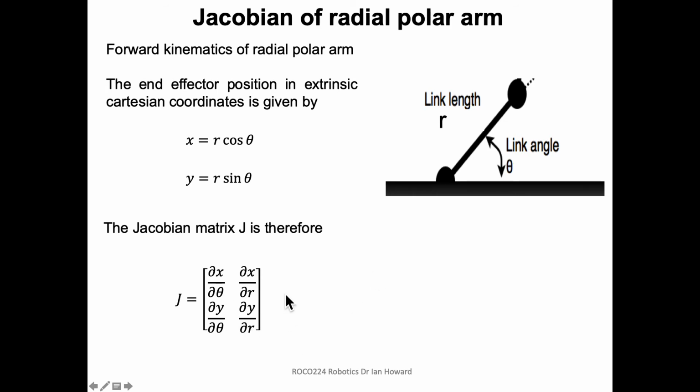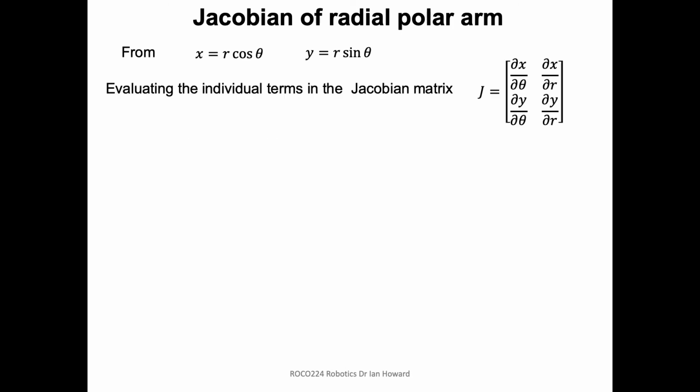And of course, we could have done these the other way round, doing delta r first and then delta theta, and it wouldn't matter as long as we're completely consistent throughout all the calculations in the notation. So we've got x and we've got y. We can easily calculate these 4 terms. So we look at the expression,